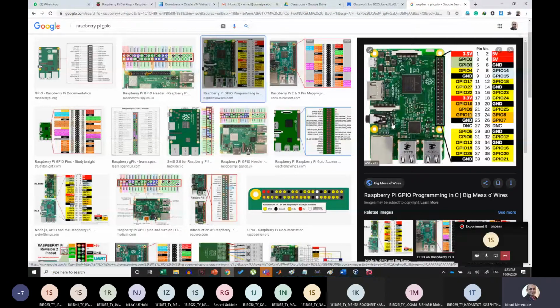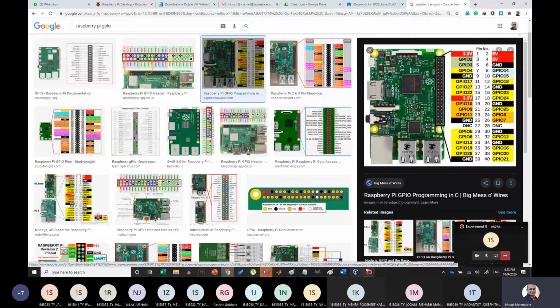Except for ADC, everything is there, and Raspberry Pi is much more costly. Your Arduino is typically around 200, 300 rupees, maximum 500 rupees, but your Raspberry Pi starts at 1000 rupees. The cheapest Raspberry Pi, the Raspberry Pi Zero, is 1000 rupees, and the highest priced, the Raspberry Pi 4 8 GB version, will cost you around 5500. So you can see there is a lot of variety in Raspberry Pi, and the average cost is around 3000 rupees.